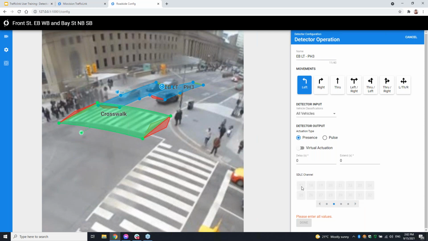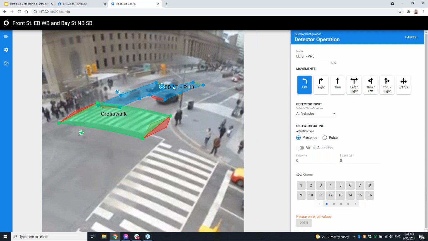You can open it up to have 1 through 64, but when you're coexisting with other detection systems, you would want to put one detection system on a series of channels and another detection system on the other channels. That way you can separate yourself on the SDLC connection from other systems and minimize conflicts between the systems. But if MyoVision is the only detection system, then you can just open it up to all 64 channels and away you go.